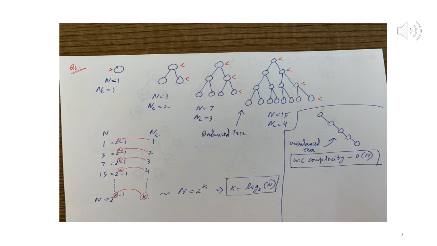So going to the root, if the value is greater, the left subtree is totally eliminated. Going down again, if the value is smaller, the right subtree is eliminated. So at each stage, you can eliminate a large number of nodes. So it's very similar to binary search, and not surprising that the final complexity for a balanced tree is log to the base 2 of n. I hope you were able to see the table, how the correlation happened, and how we got k equal to log to the base 2 of n.